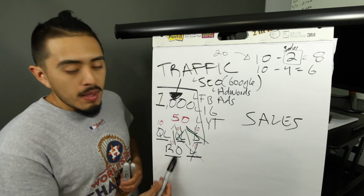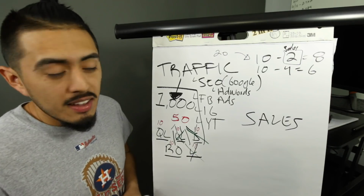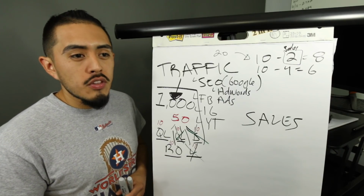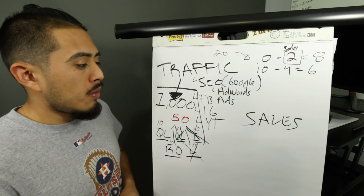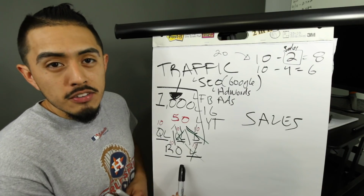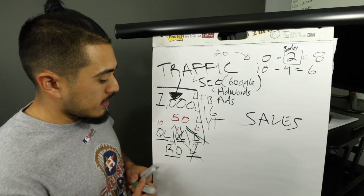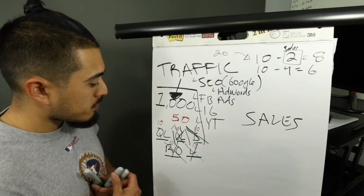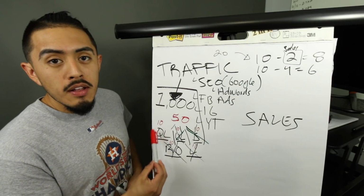Then you have referred out. Maybe they're looking for tinting, maybe they're looking for sanding, and you don't do that yet. Maybe they're looking for whatever the case may be. You can refer this out to another detailer or another contractor of some sort. Maybe tinting, maybe paint protection film. So here maybe you can get a potential kickback of some sort. But again, this isn't a primary revenue source for you because this is probably just a few 20, 30, 40 bucks here and there. So your main concern is actually just going to be these 10 people that are qualified